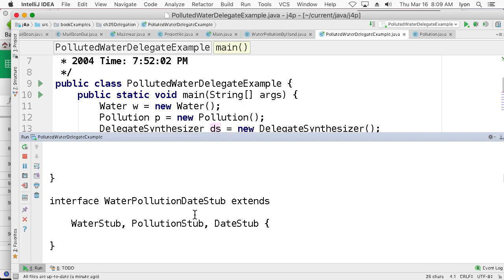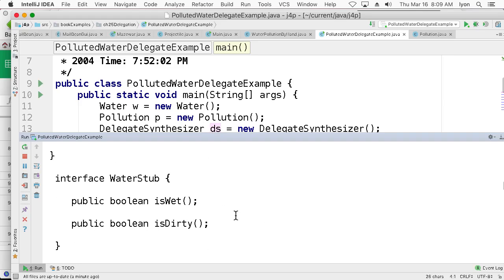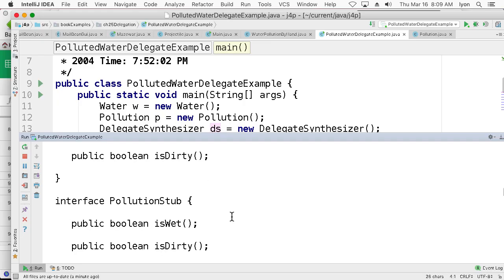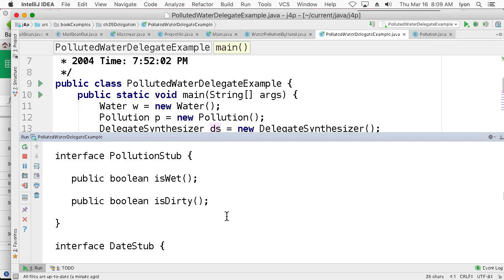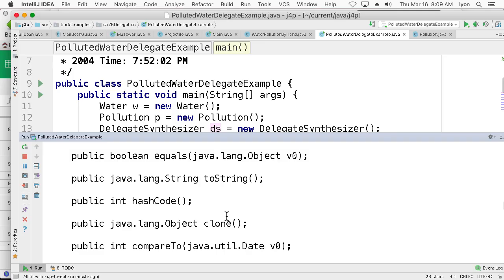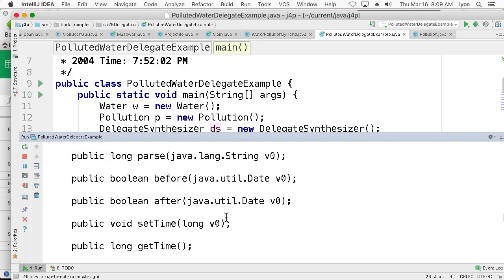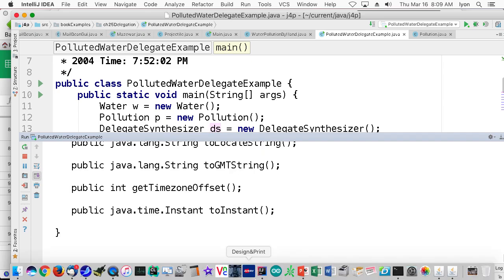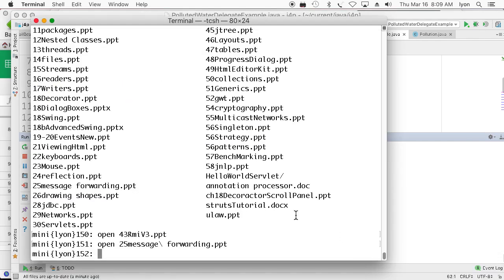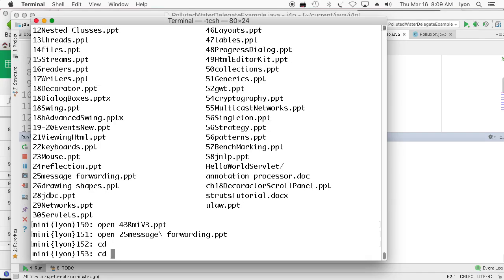And now there's a new data type here called the water pollution date stub. This is an interface which has all of the methods in water pollution, in water, in pollution, and in date. So here's the water stub, is wet, is dirty. Here's the pollution stub, which is also is wet or is dirty. So you can see how there's a problem. We don't know which is wet and is dirty to use. Here's the date stub, and the date stub has a whole bunch of information about dates. We can take a look at that if we like. And then at the end of the day, we got this water pollution date being generated in our attachments area